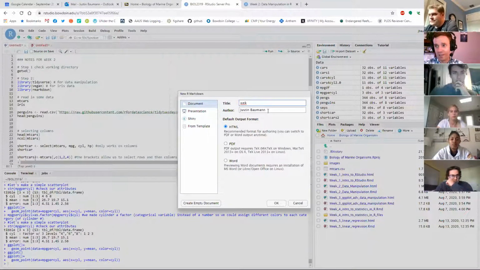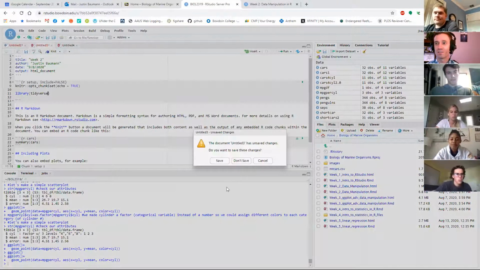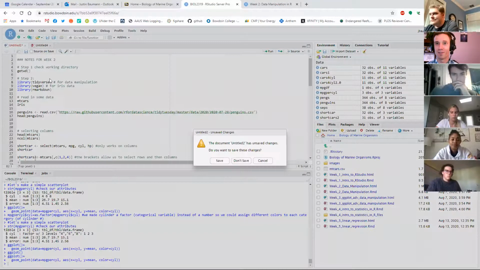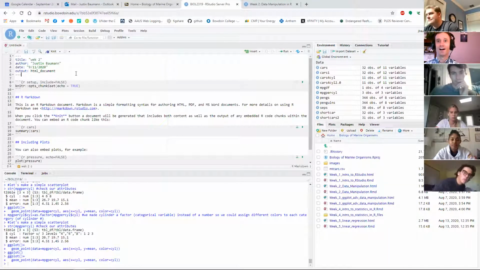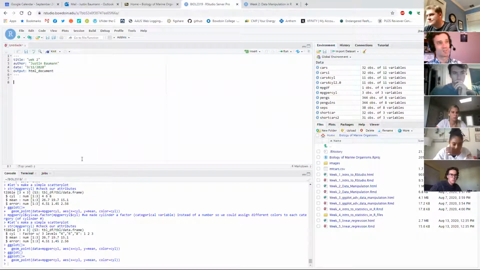Week 2. We're going to call it WK 2 because spelling is dumb. Cool. Here we are, our R Markdown file. I'm going to close the files that I worked on Tuesday. So remember when you open an R Markdown file that it gives you a whole bunch of nonsense? You can just delete all of that. Just a reminder,